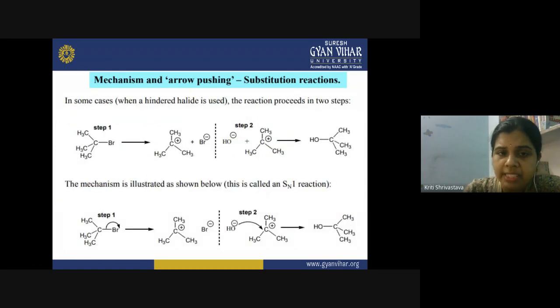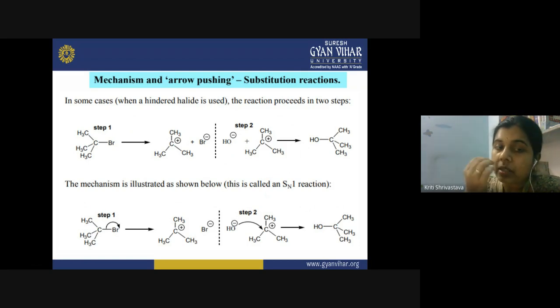Now, in some cases, like in the previous case, you saw that we have taken the substrate as methyl bromide, and the carbon is containing three hydrogen atoms. These hydrogens are very small atoms, and whenever they are present on the carbon, the attack takes place from the backside of the molecule. Because at the front of the carbon atom we have bromine attached, the OH cannot attack from that side. It has to take another path, so it attacks the carbon atom from the backside of the molecule.